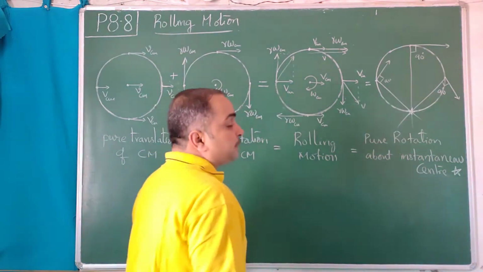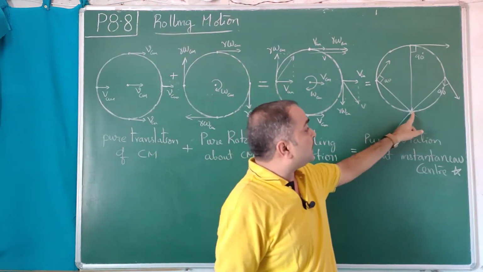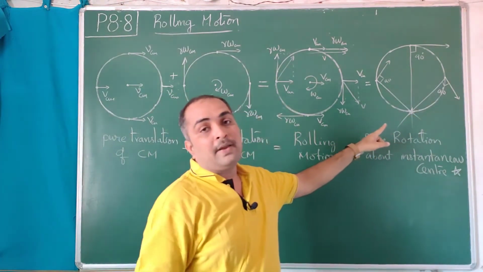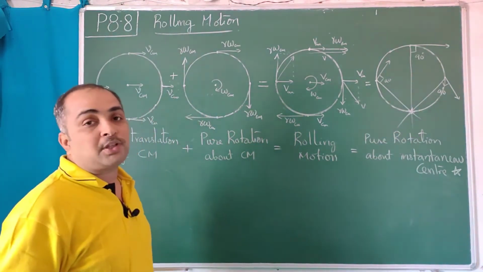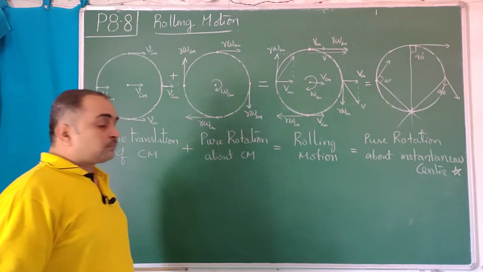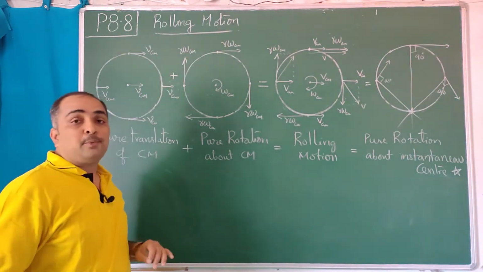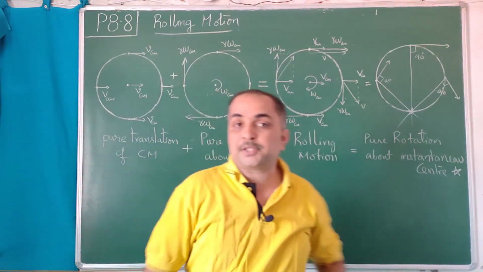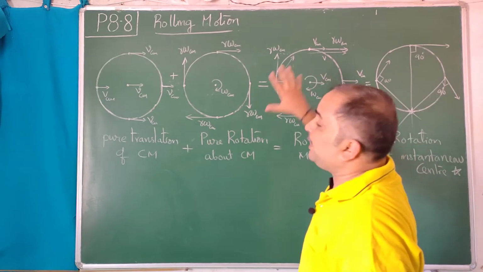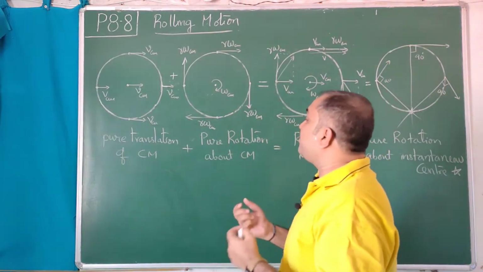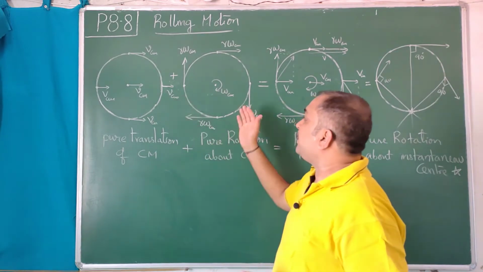Now the question is, a person who is seeing this video may be thinking whether the instantaneous center will be exactly at the periphery of the wheel, or a little inside or a little outside. That all depends on forthcoming conditions. But now I can define rolling motion. Rolling motion is a combination of translation and rotation. Whatever is happening can be visualized, or mathematically you can conceptualize it, and you can use your translatory equation and rotatory equation.